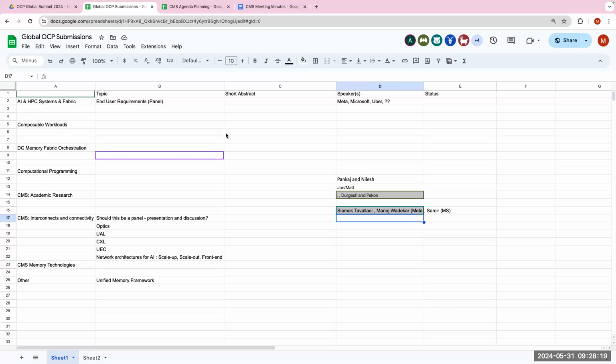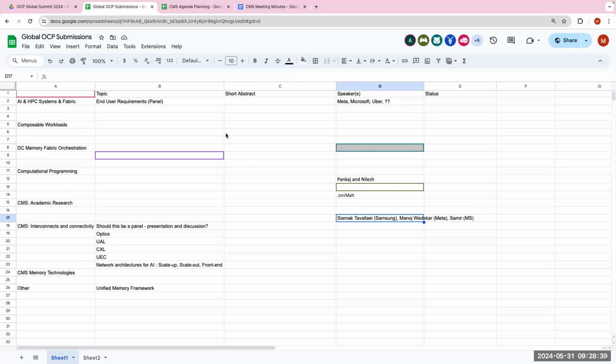Right. And the second thing is when we actually talk here, it is more about the work stream relevant discussions and talks. There is a very, very straightforward map. But anything that doesn't fall under those buckets, we may have to vet it out to make sure that it is indeed OCP relevant as opposed to marketing.